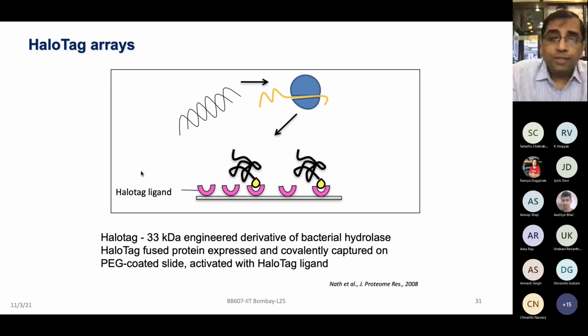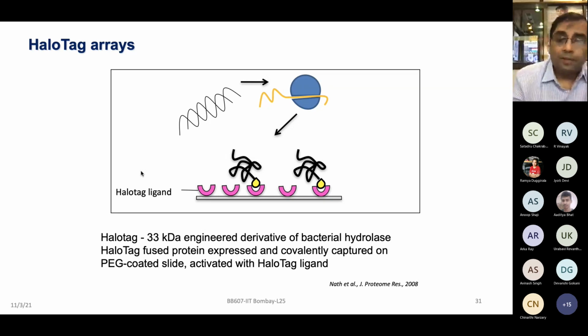Let's move on to another approach, which is the HaloTag arrays. This is something from the company Promega. They commercialized these arrays. Now there are many vendors, but this was in the initial years when the technologies were being developed. The idea is that Promega is a key player in making the IVT mix, the in vitro transcription translation mix, which I am telling you about. They were already developing that for protein purification work, for crystallography work. They thought, okay, protein array technologies are developing, and we already have our IVT mix. They also had the HaloTag, which they were using for protein purification work. They thought, why not combine all our ingredients and try to come up with commercialized HaloTag arrays?